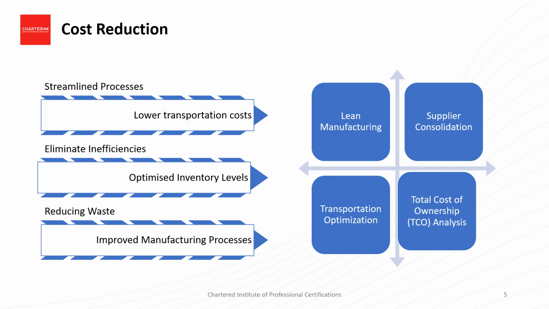The fourth and final factor is the total cost of ownership analysis. Now, TCO analysis takes into account the total cost of a product or service over its entire life cycle. It studies not only the purchase price but also maintenance, operating costs, disposal costs, and quality-related expenses. Thus, TCO analysis allows organizations to make informed decisions about sourcing, supplier selection, and product design in order to reduce